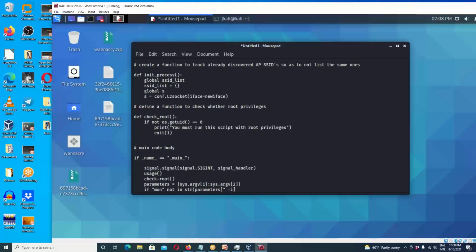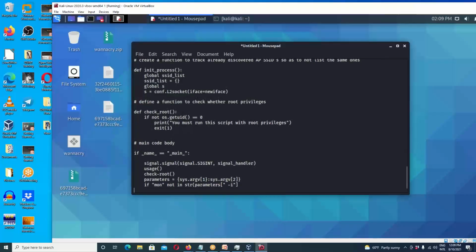Let's make sure we have the double quotes in there. Okay, like that. If the dash I is not in there, in the parameters, we're checking here now that,